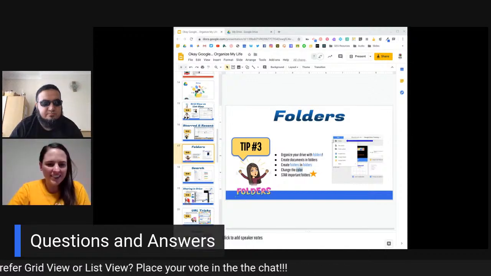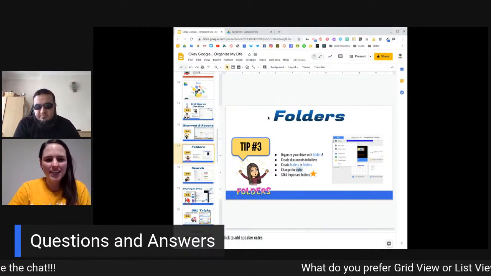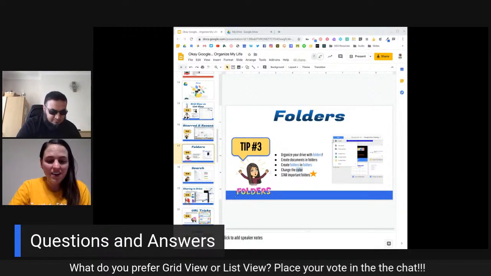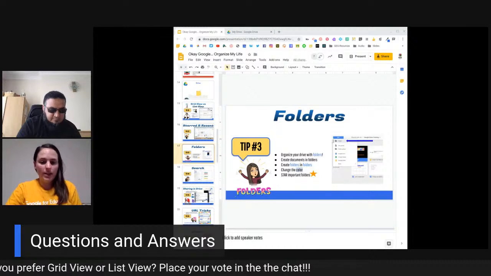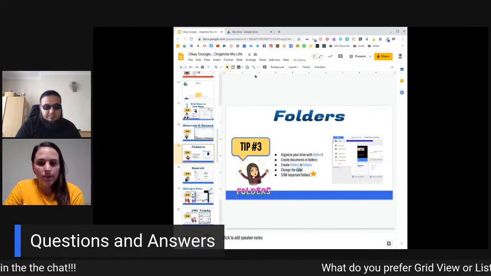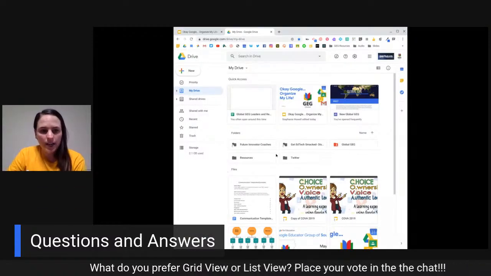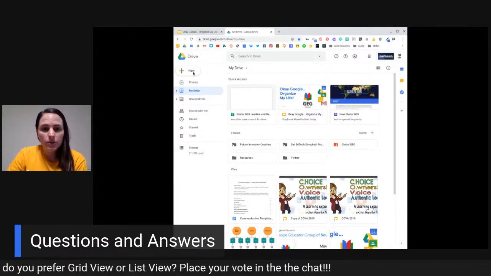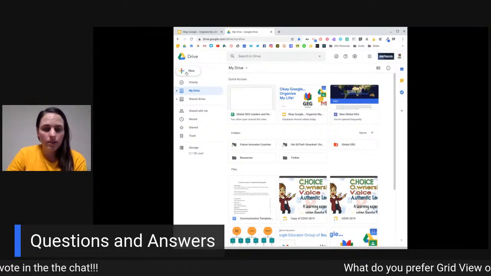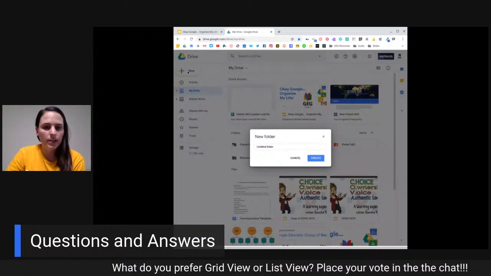Your folders, as one of our friends, Stephanie, likes to say, can be homeless, because if they are homeless, we can fix that with folders. And folders are an amazing way to help you organize your documents in Drive. So again, I'm going to go over to Google Drive, and I've got folders already in here. But to create a new folder, you can go to New, and I can click folder, and then you can rename it to create a folder.